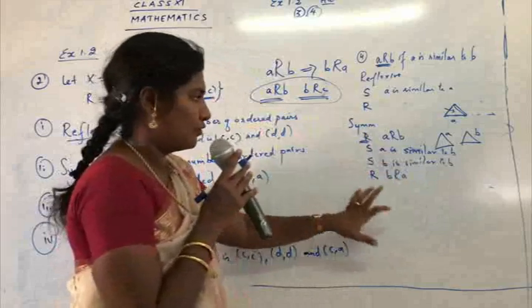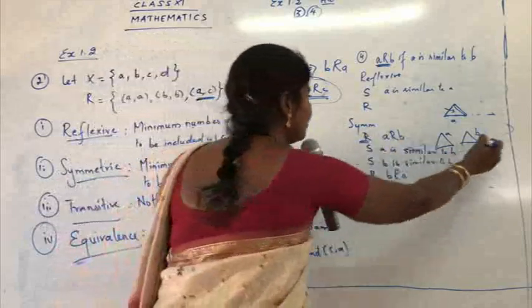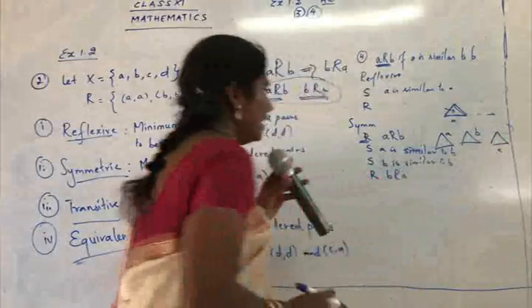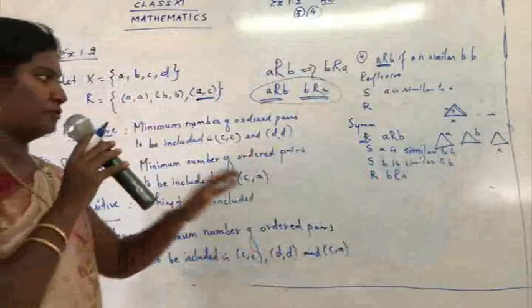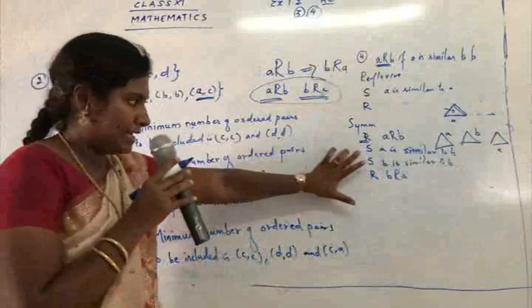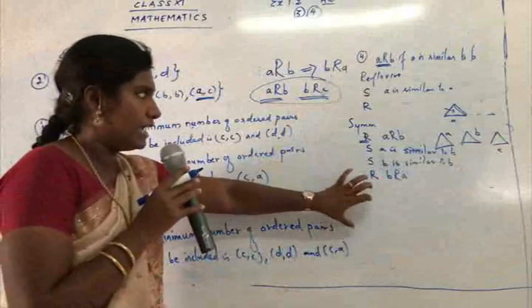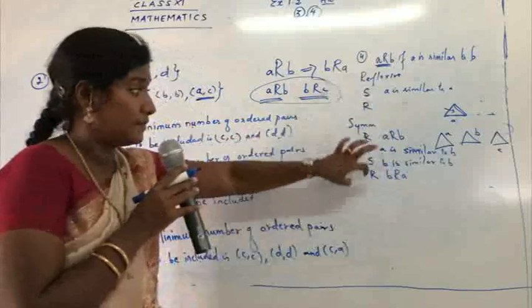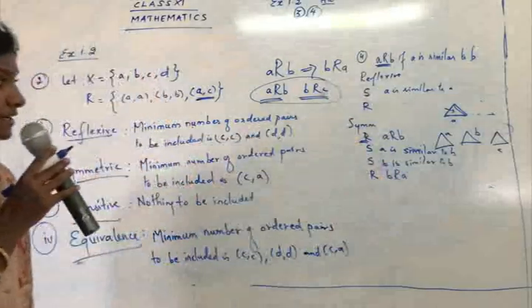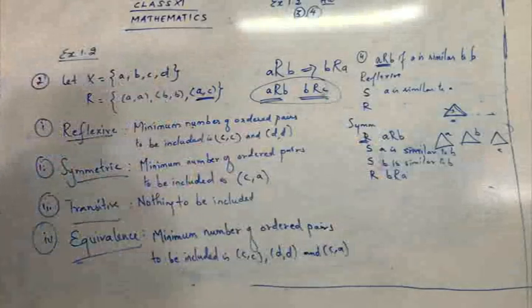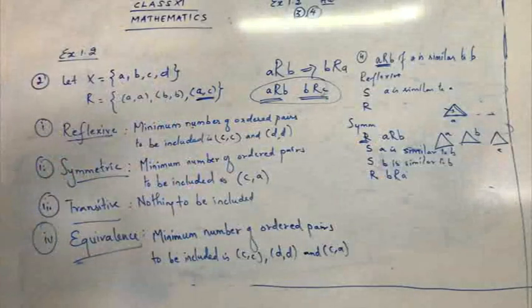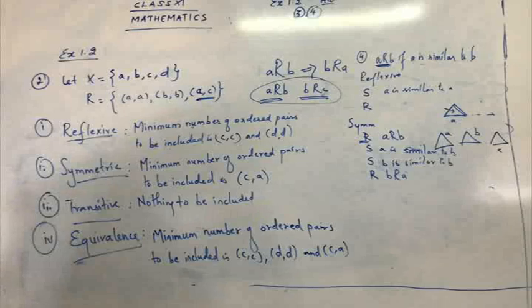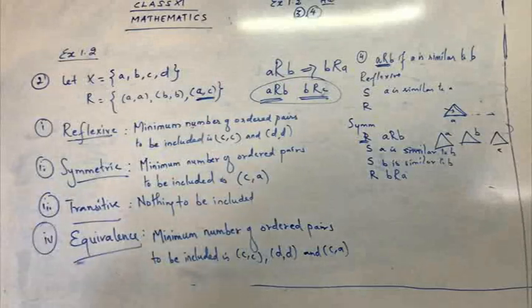Similarly, you have to follow the same for transitive. For transitive, you have to take one more triangle, that is C, and you are going to write the rule: relation, statement, statement, relation, and show that it is transitive. Then you have to show that since it is reflexive, symmetric, and transitive, the given relation is an equivalence relation. So I have just given you an idea how to complete your sum number 4. Now let's go to sum number 5.